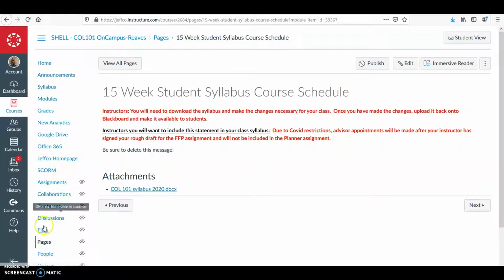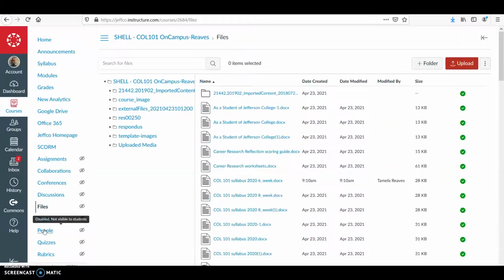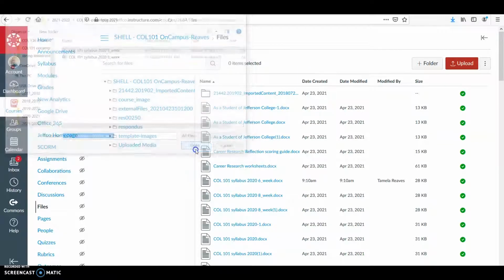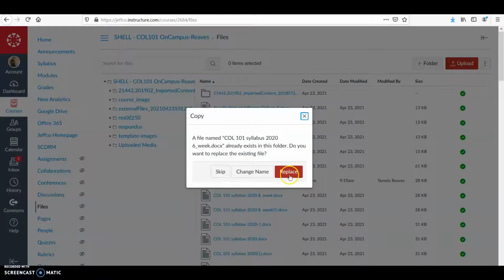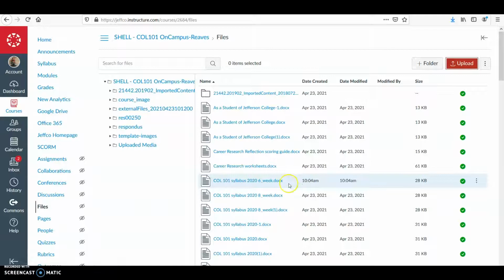Once in Canvas, you will go to Files. Here you will need to upload it. And once it has been saved and added to your list of files, you will now go back to Modules,